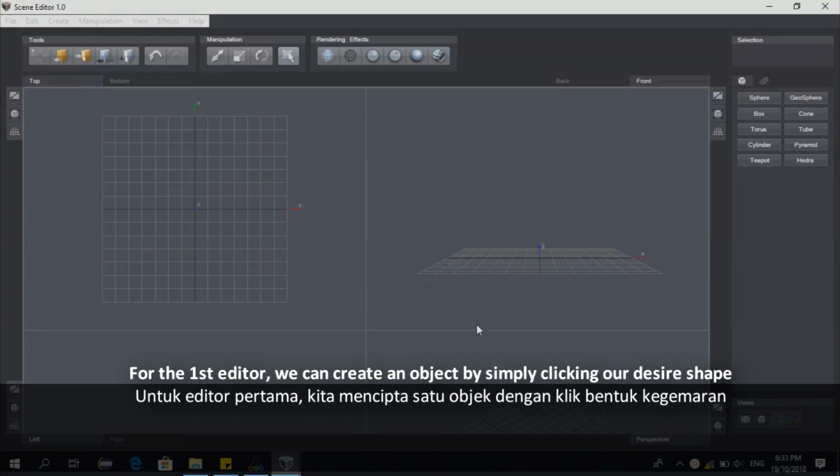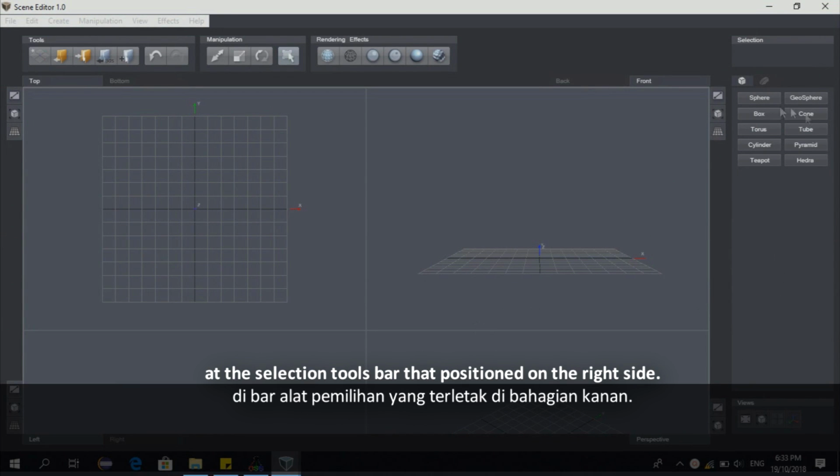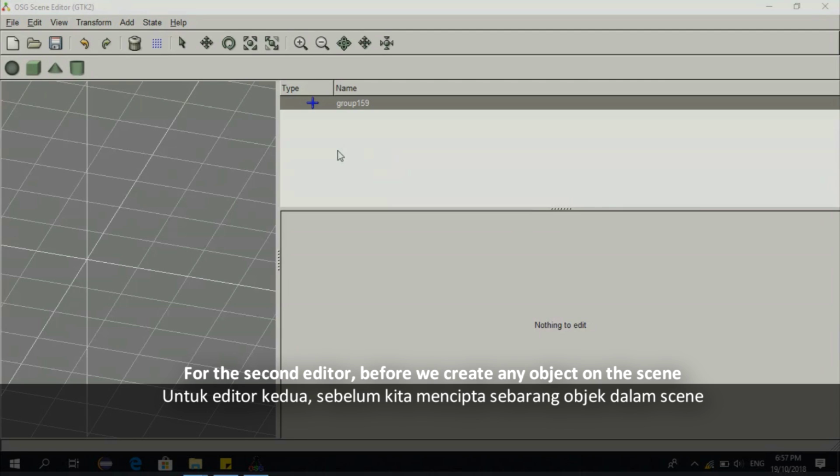For the first editor, we can create an object by simply clicking on our desired shape at the selection toolbar that is positioned on the right side. For example, a keyboard. For the second editor, before we create any object on the scene, we have to select